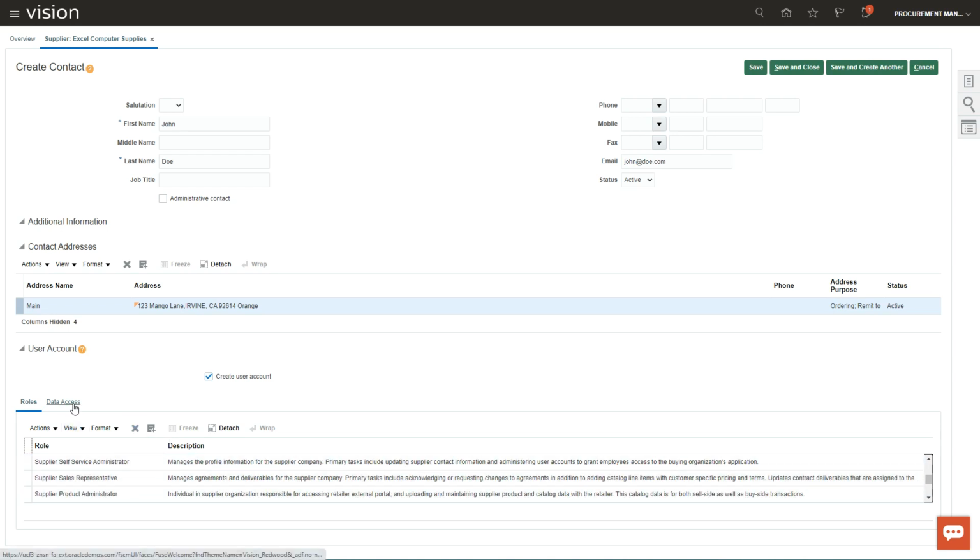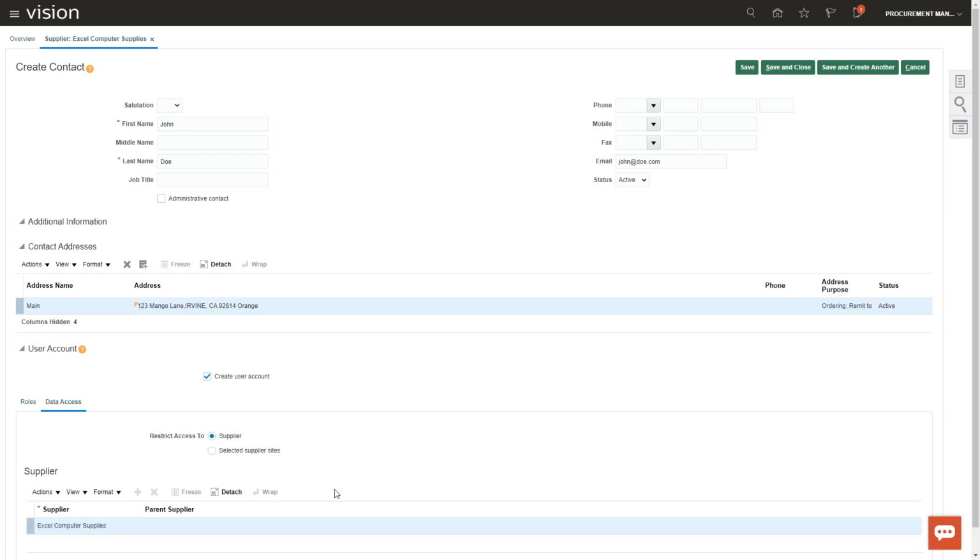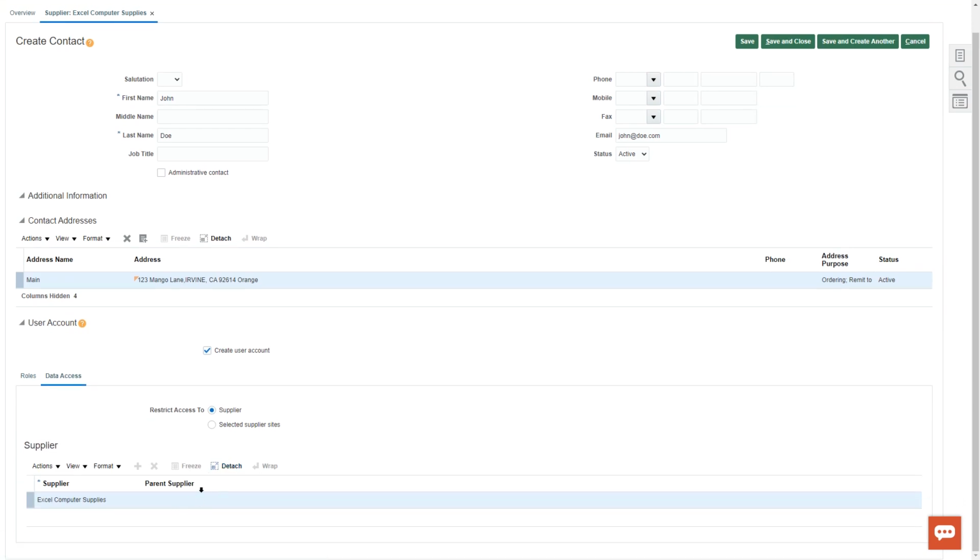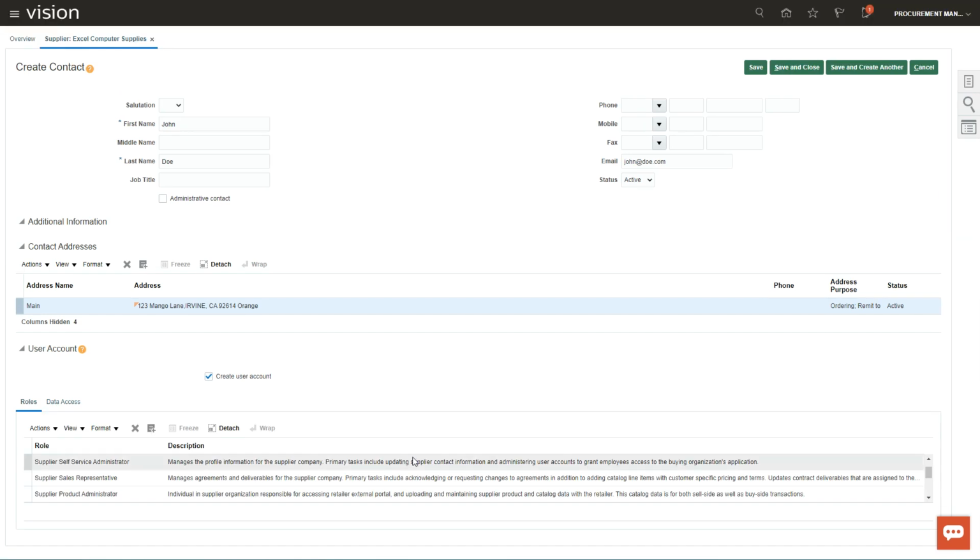But we're not going to do it now. Then you can grant data access as well. It can be restricted to a supplier or restricted to a supplier site. So this user can be restricted to a particular site. For now, he can do everything at a supplier level.